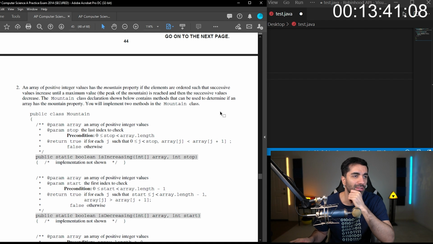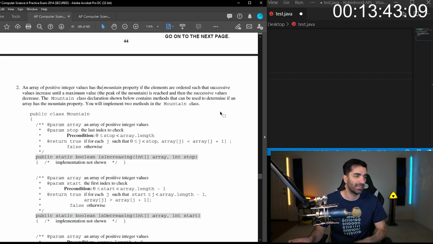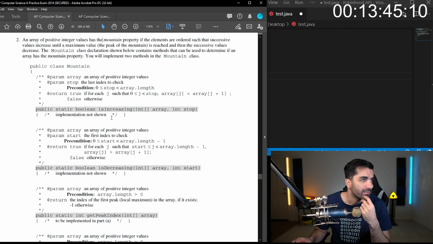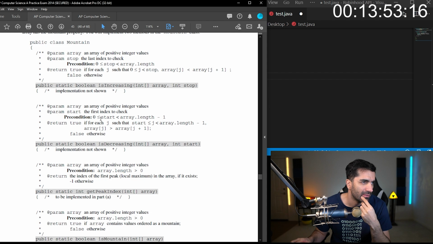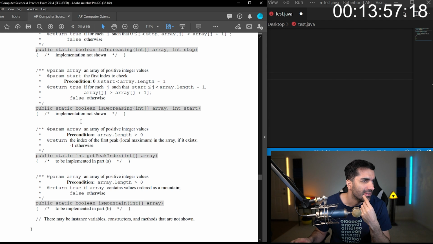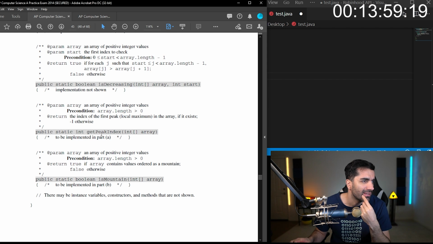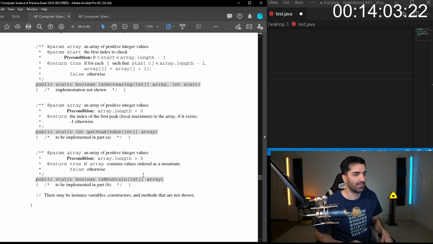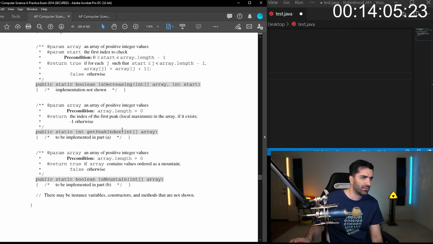You will implement the two methods in the mountain class. So we have isIncreasing, probably isDecreasing, getPeakIndex, and isMountain.